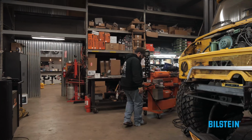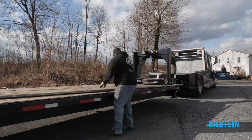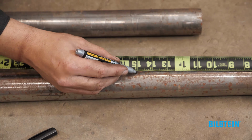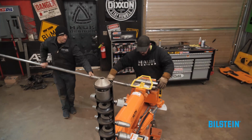So the bed for the Unimog, we decided we were going to put a canopy in. We kicked around a couple ideas on what we wanted to do. We ended up going with 2-inch tubing. I'm not one that wants to cut 100 times and weld it 100 times and try to blend it. So we got one big stick and we put it on our Huth tubing bender. With the precision that our Huth bender gives us, that allowed us to make up exactly how we wanted the